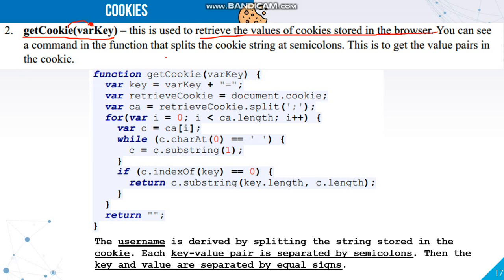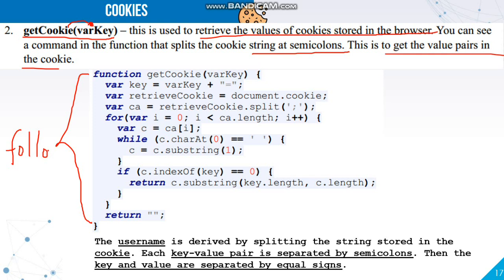You can see the command in the function that splits the cookie string at semicolons, which allows you to get the key value pairs in the cookie. This will be the code that you need to follow to get a particular cookie. You don't need to change anything for this. You just need to follow this.